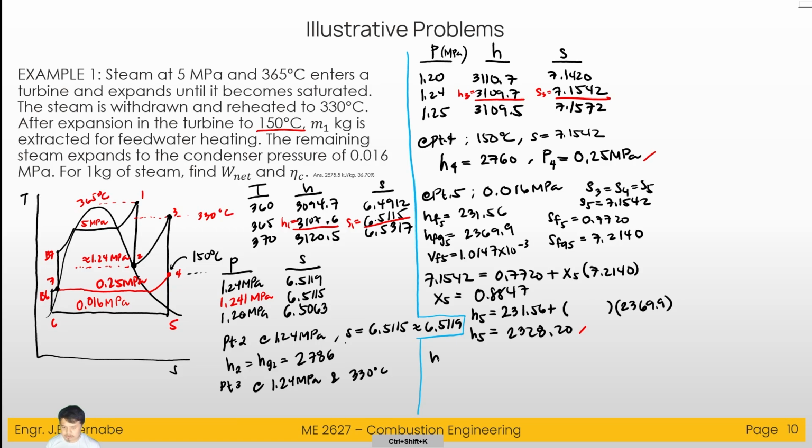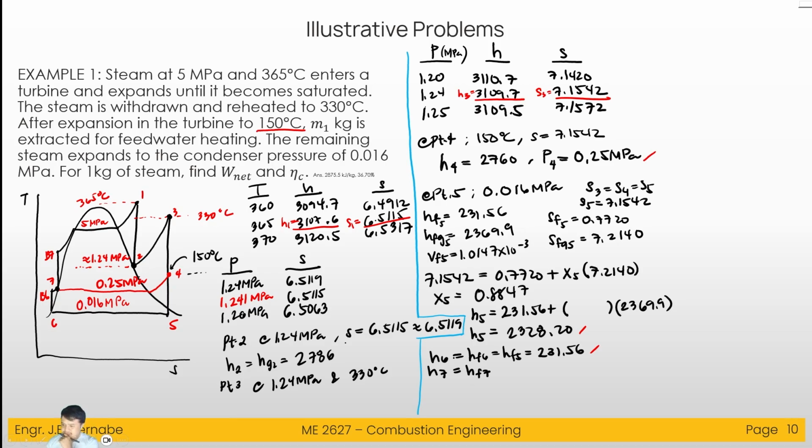So to solve for H6, actually we don't need to solve for anything. This is also H5, HF5. We know that this is HF6 or HF5. That is 231.56. For B6, we don't really need to find B6, but we can find the pump work. We can solve for H7 as well. I think we don't have this given, but HF7